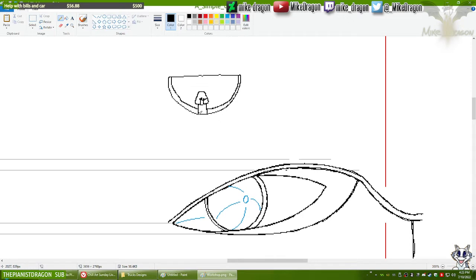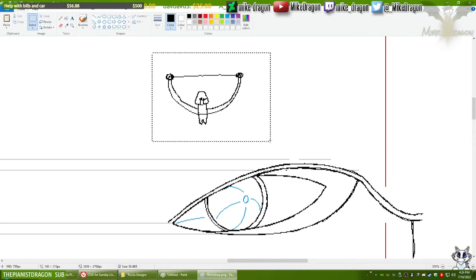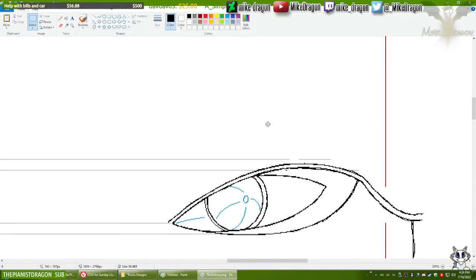In any case. So this thing here and this thing here is actually supposed to be these parts here. The very top edge or whatever of the headlights. So that's what those are supposed to be.